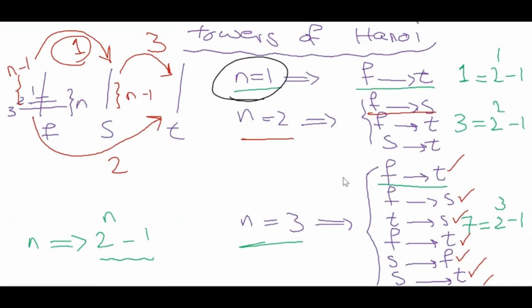The name of the problem is Towers of Hanoi. You might have heard about it. It is about having three pegs, F and S and T. You can name them first and second and third. And then you have N disks on top of the first peg, which you want to move all of them